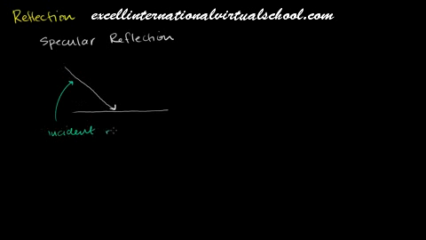Incident ray. It'll approach the surface, and you can almost imagine that it bounces off at essentially the same angle, but in the other direction. So then it'll hit the surface, and then it'll bounce off, and it'll go just like that. And then we would call this the reflected ray after it has bounced off of the surface. Reflected